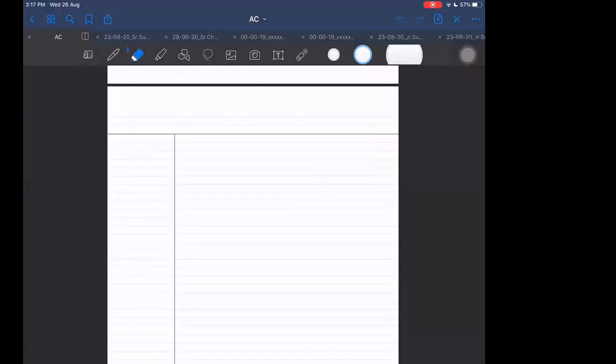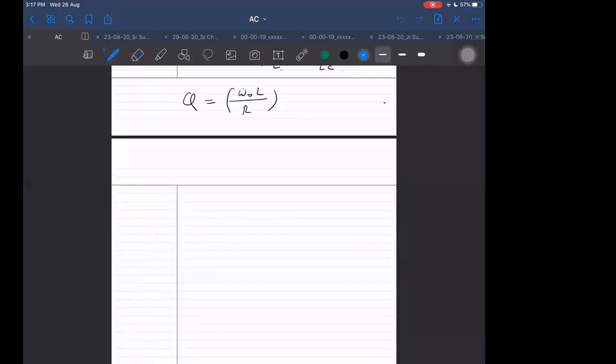So we know what is quality factor, and we can define it in two ways. One way is 1 upon omega naught into RC. That is another way to define this. Or it is also equal to omega naught by delta omega. All these are the same thing. Or we can say it is also equal to XL by R, or the magnitude of XL by R. Or it is also equal to 1 by omega C, that will become XC by R, I think, right? Yes. All these different ways we can define it.